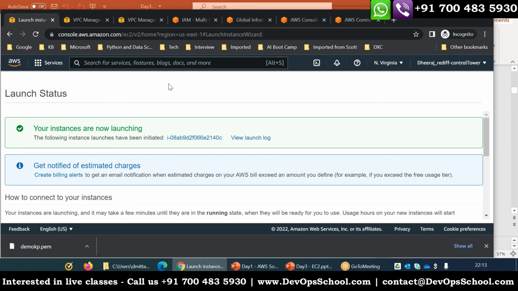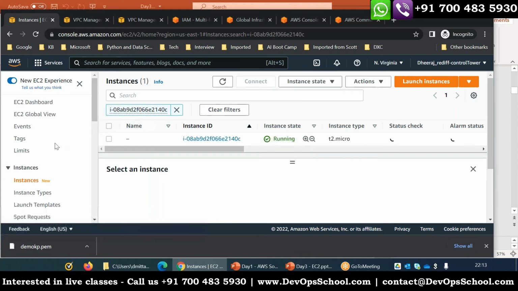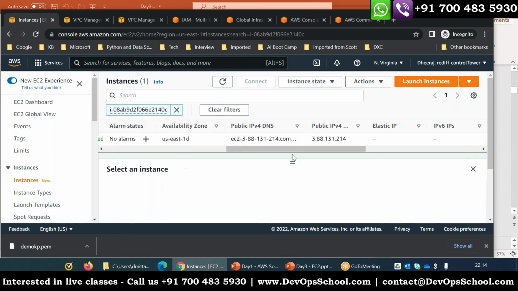So let me go to my console and check whether the instance is launched. Yes, it is already running. Now I can choose the name. If I had defined the name, it would automatically come. I have not defined the name, so it is not showing, but I can go and edit it if I want to define the name. But my instance is identified by the instance ID. That is the unique name by which my instance will be identified, and the type and all those things which I have used